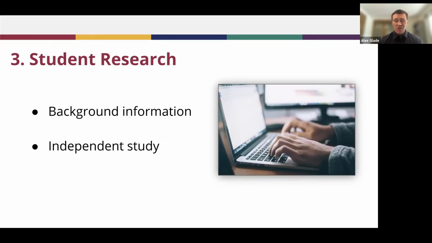But additionally, it's also important that they understand how to do some research on their own. As we know, a lot of what we want to do in social studies and really in school in general is to prepare students for the rest of their lives. And as adults, when we want to know more about a topic, we rarely have someone just handing us the information about it. We have to go find that information on our own. And Scout provides a great way for students to begin practicing these skills of research and finding information on their own within a controlled environment.